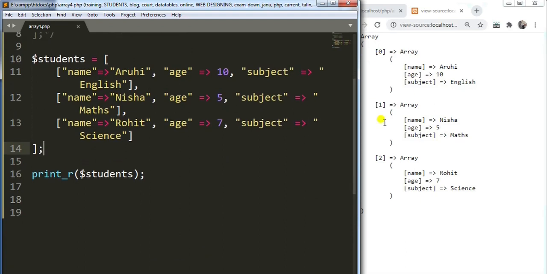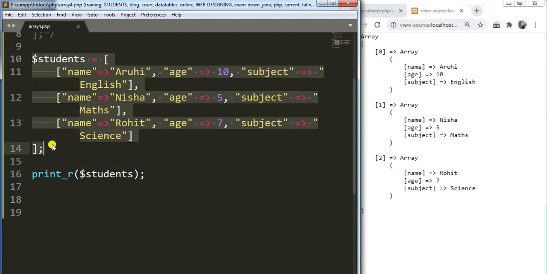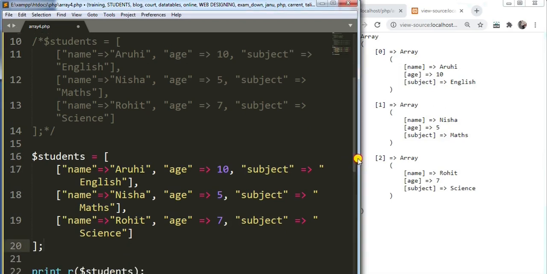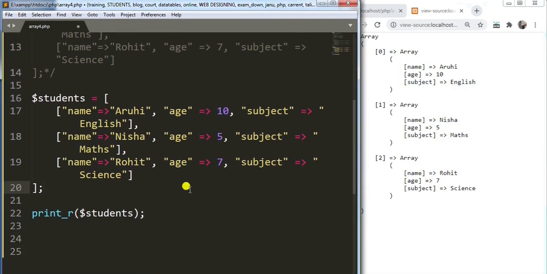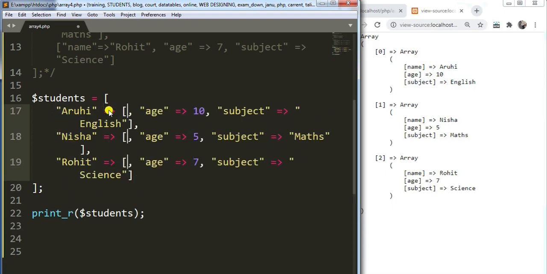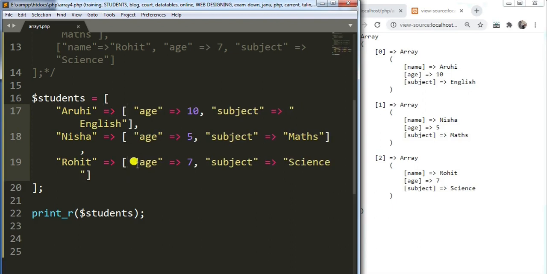Now you can see 0 and 2 here, right? This is because we haven't given these indices a name. So I am going to give the names here instead of these indices. So I am going to delete these names and arrows, and I am going to save these names outside. And then after these names, these arrows here, so that it becomes associative array. So now it has become an associative array.